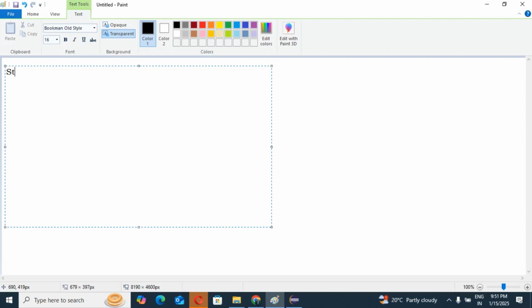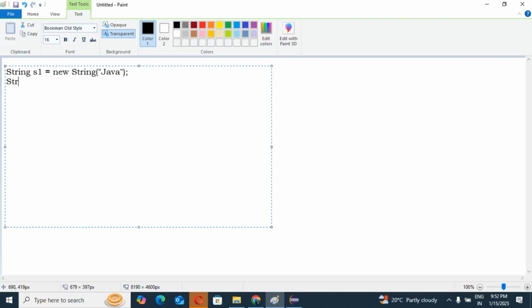String s1 equals new String, Java, passed as a string. Then I will perform some operation on this s1 object.